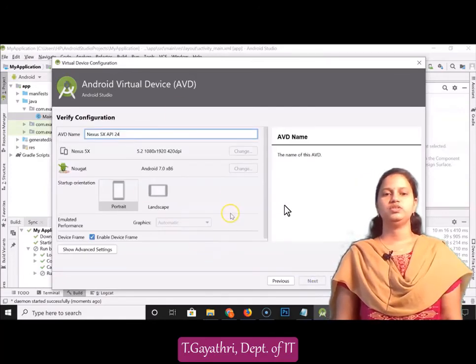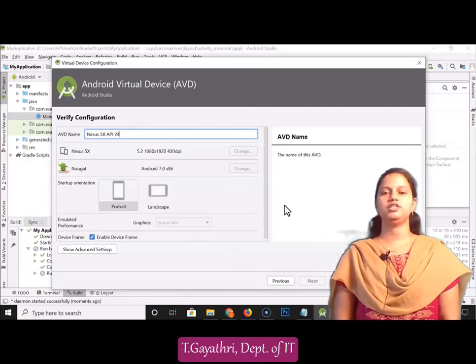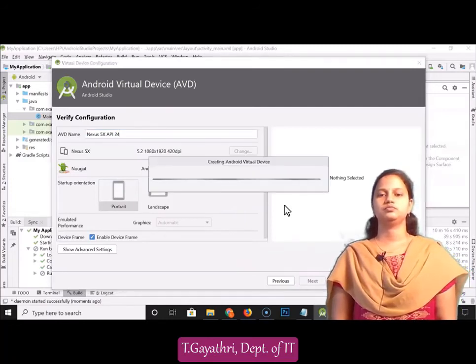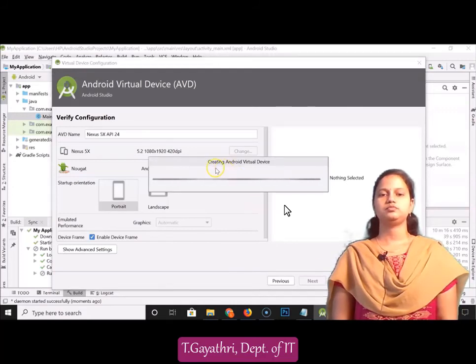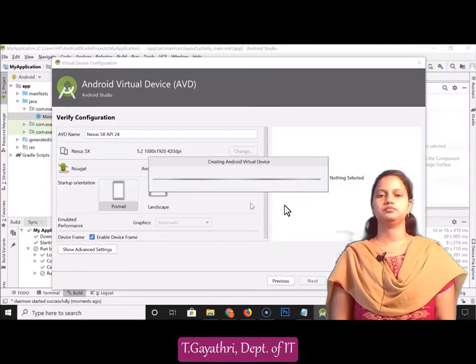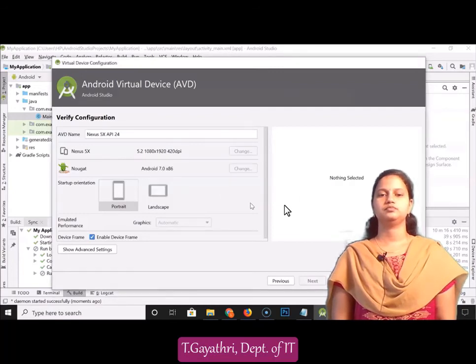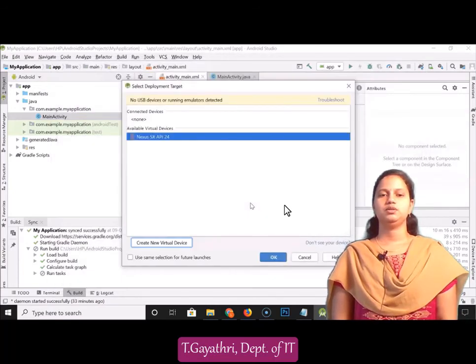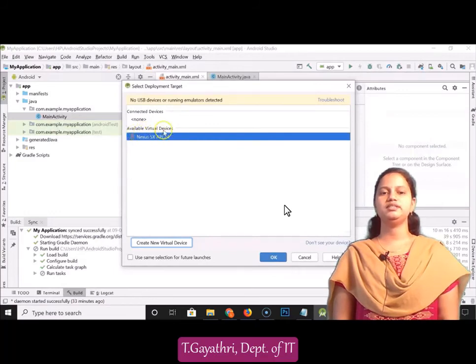So this is the default, verify your configuration and finish. So see that creating the Android virtual device is loading. So just wait. In the available virtual devices, Nexus 5X is available because we downloaded it. So click on OK.